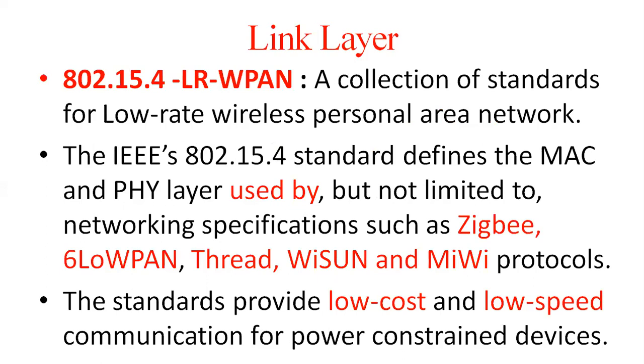Coming to 802.15.4 LR-WPAN. What is a WPAN? It is a low rate wireless personal area network. That means a collection of standards for the low rate. It is an IEEE standard. The 802.15.4 standard defines a MAC layer and physical layer used by